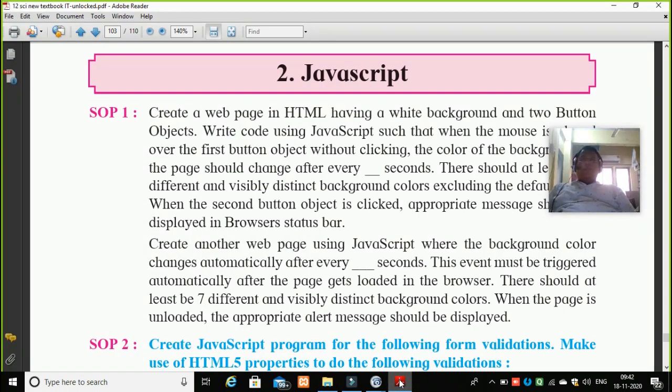Okay, now students, I feel you have understood the first video which I launched for you, which was based on the solution of the SOP JavaScript one.